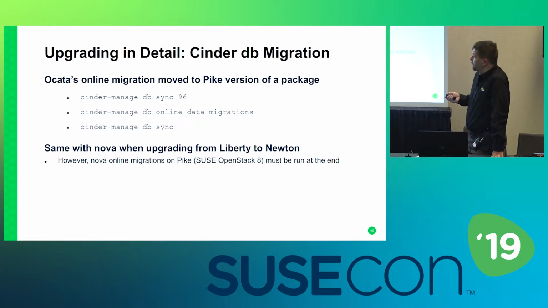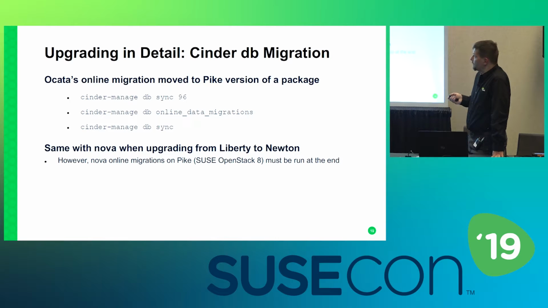We do it this way. Basically, do first the dbsync only to a certain revision. That revision was probably right before the online migration that should be run on Okata. Right? Then we would do this online migration, and then we could safely do this dbsync from Pike, because